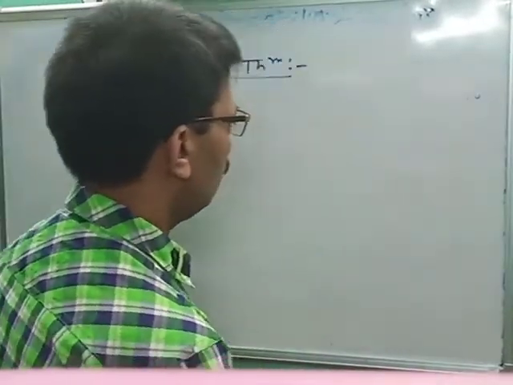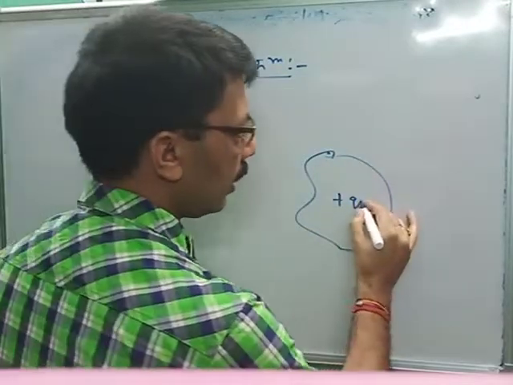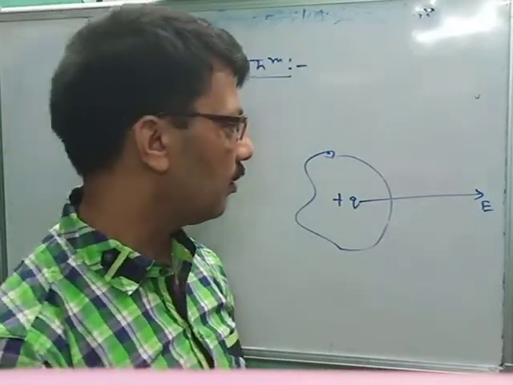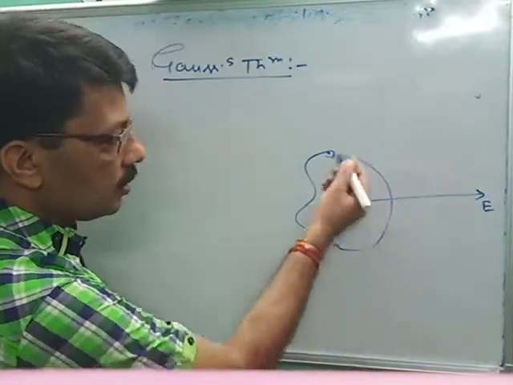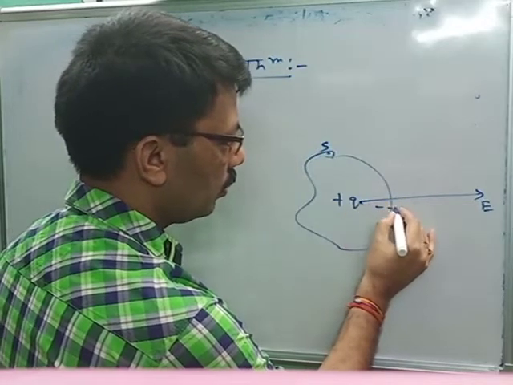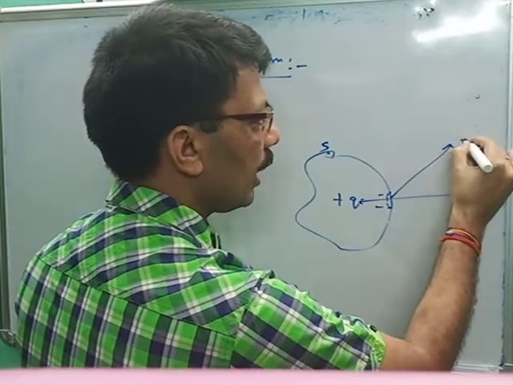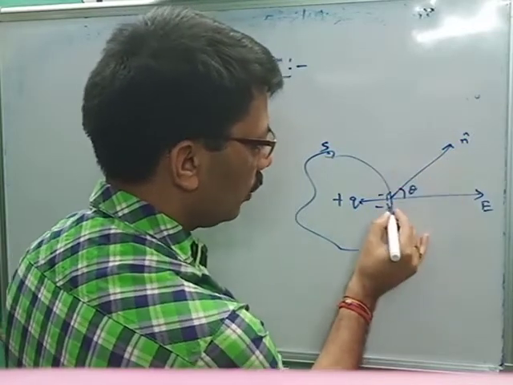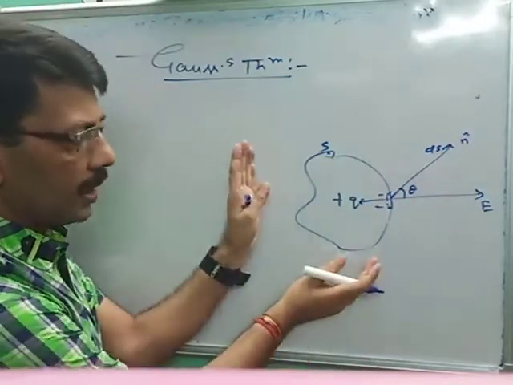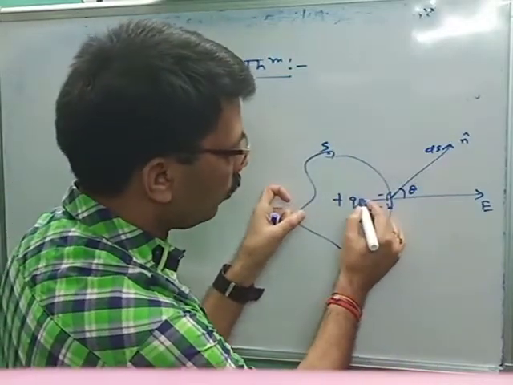So, let us suppose this is any surface charged by plus q, and you know the electric field E is directed away from a positive charge. Since the surface is irregular, the surface is S, we have to assume a Gaussian surface. Let's suppose this is the direction n cap and this angle is theta. This surface is called the Gaussian surface. Total surface is S, the given surface. Since this is an irregular surface, we have to convert it into a Gaussian surface.